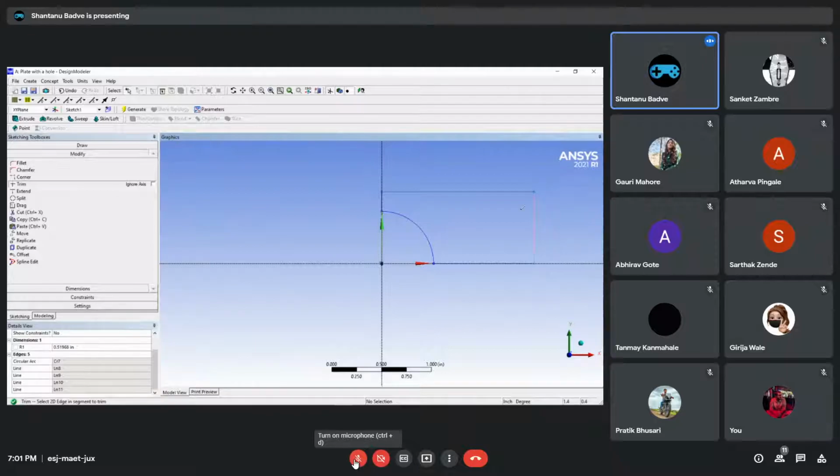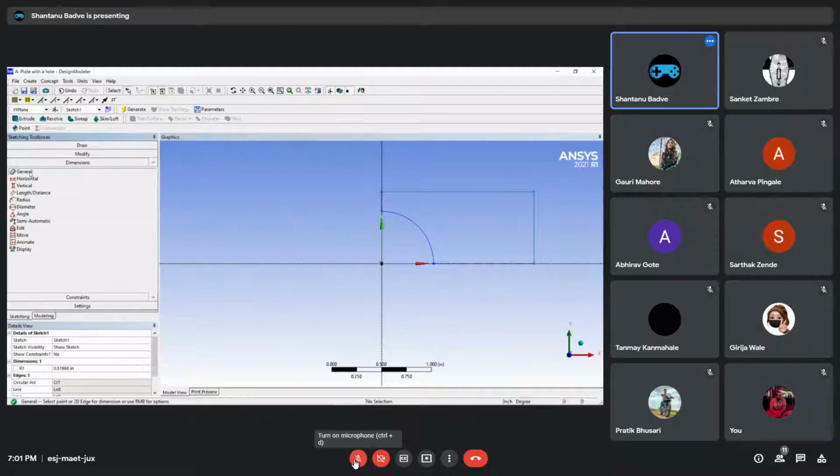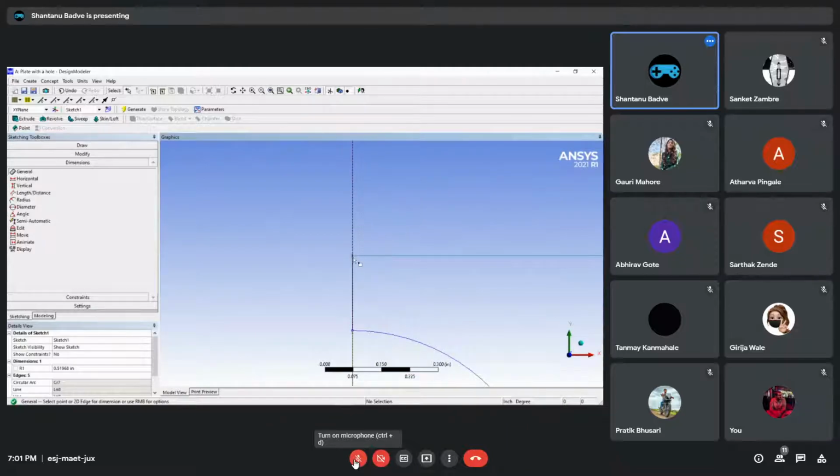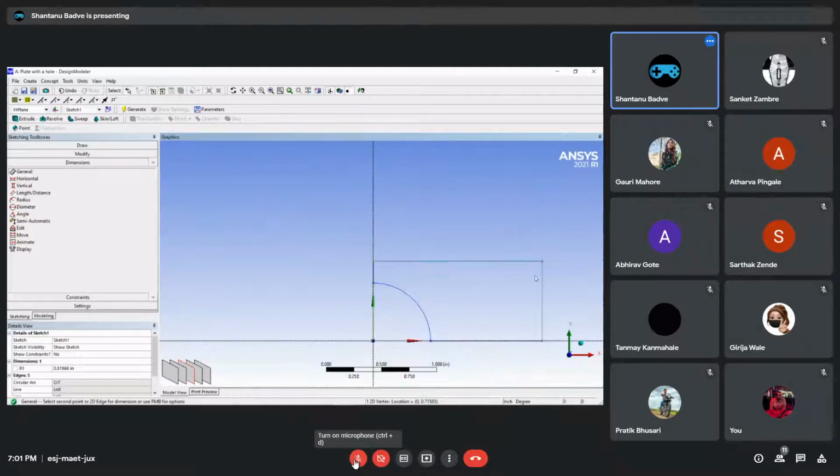So I will just come in here. All right. And I can see that there are no dimensions for the rectangle. I will have to give the dimensions. So I will just click on the dimensions tool, and it is by default selected in general. I will just come here, and I'll try my best to show you this, but you can see that there is a very small point in here. You just have to select that. Then there is another very small point in here. You have to select that. Click on both those points, and just drag up. You get this. This is a dimension line.